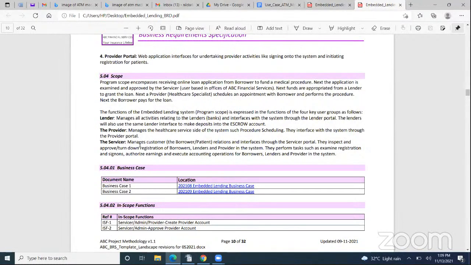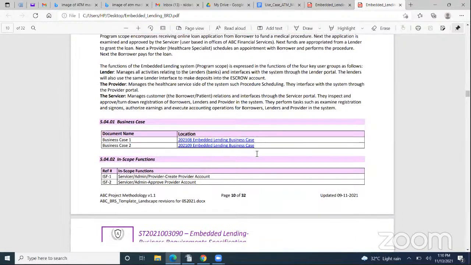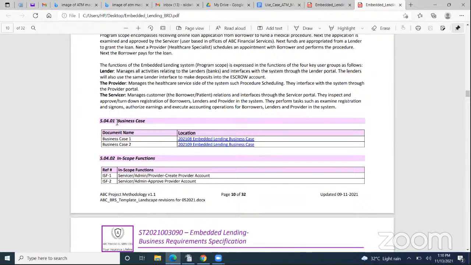Also the servicer user will manage customers, that is the borrower or the patient relations, and interface through the servicer portal. They inspect and approve or disapprove registration of borrowers, lenders, and providers in the system. They perform tasks such as examination of registration and sign-ons, authorizing earnings, and executing accounting operations for borrowers, lenders, and providers in the system.